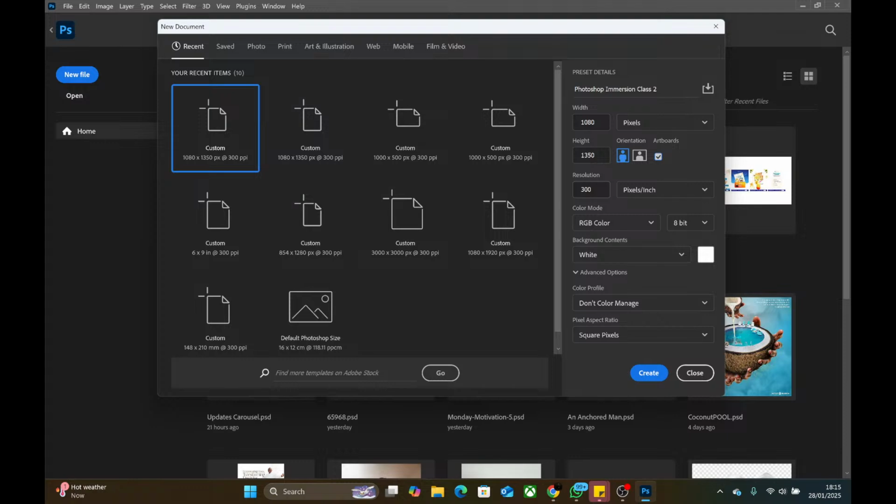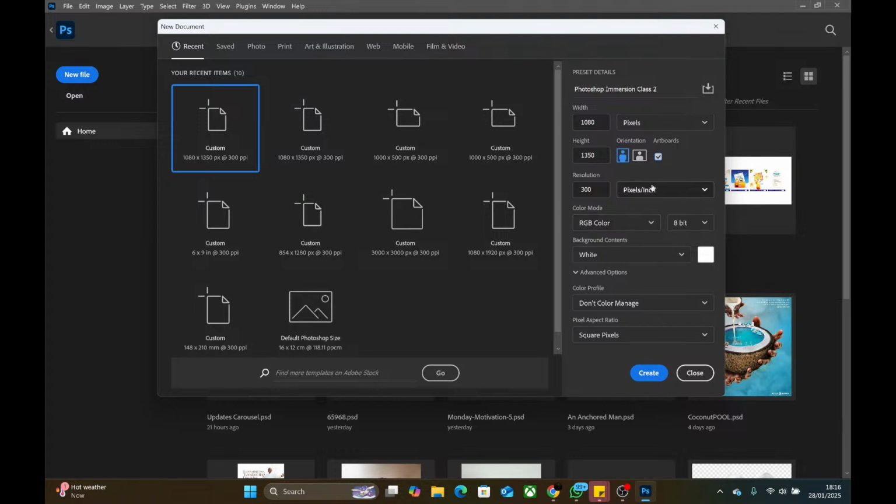Then your color mode is RGB. I also explained yesterday that RGB stands for red, green and blue, the three colors that are combined in different ratios, hues and saturations to get almost any color that you see on your screen. So RGB.